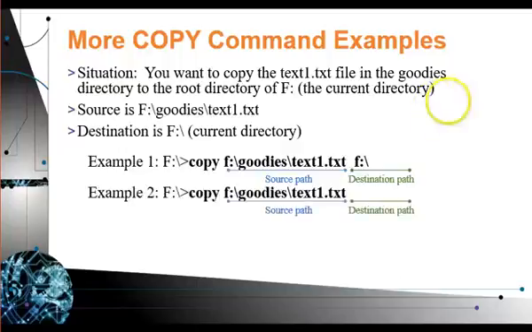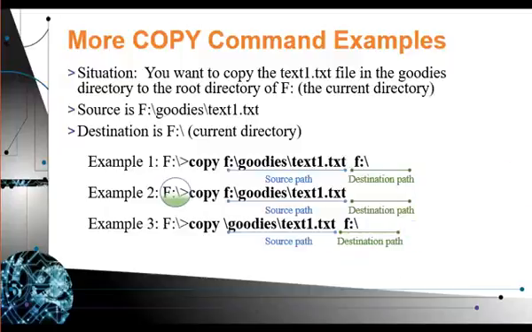Second example, I want you to notice something missing right here, this destination path. That destination path is missing because we are actually operating from the F drive. And how do we know that? Look at the prompt. The prompt says we are working from the F drive and on the root directory of the F drive. So we can say copy space, tell where the file is, and the computer will automatically put it in the destination of wherever the prompt is currently sitting. So because the prompt says F:\, that's where the file is going to go.